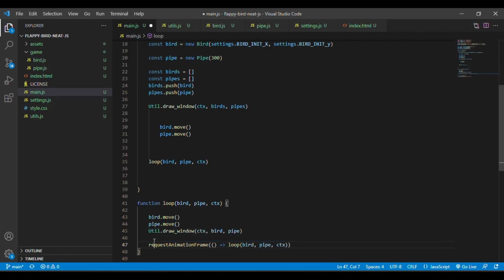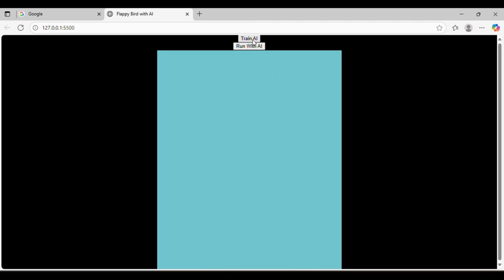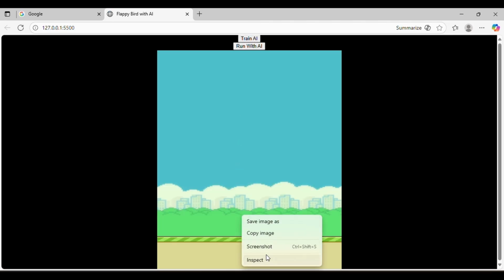So basically it will help us render it at a proper FPS. If I save it and again click on go live and start this, so the image came, but